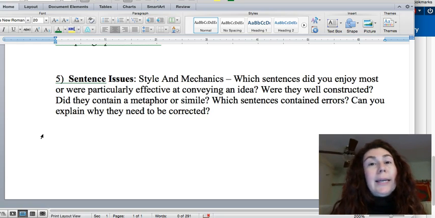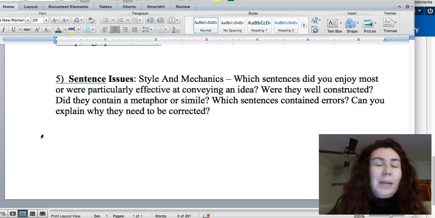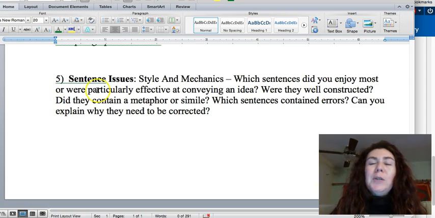And then the 5th level, like I said, is more style and mechanics. You're probably not going to get down to that level when we're just looking at a first draft, so don't really sweat that too much, although I am asking you to highlight some sentences that are really well constructed or seem to be really really good at getting the author's point across, because feedback is important, and positive feedback